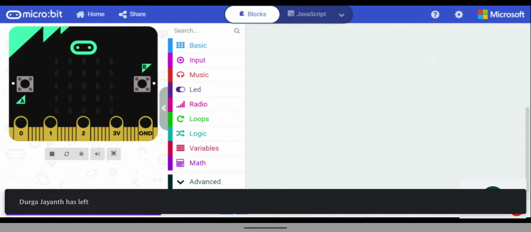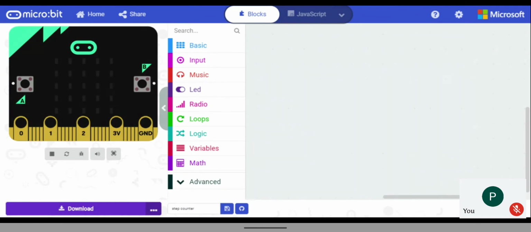Why will it not work? Because your programming is based on your model. Based on your model, A and B are hands, C and D are legs. It's not in my model, so it will not work. So what I'm telling is, based on the hardware model only, we can design some program. If you just create a program without the hardware, it will be difficult even after creating the hardware.